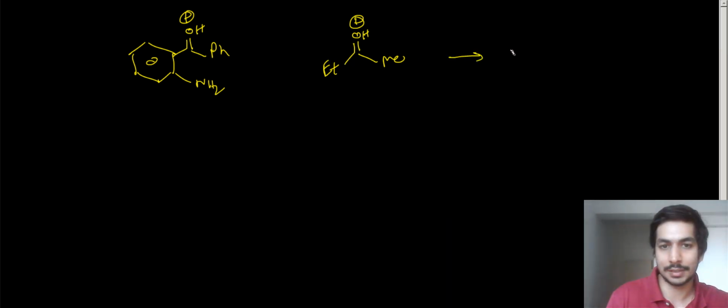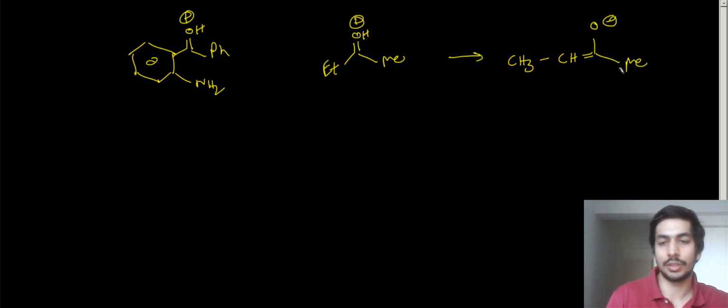Basically, first the enolate will be generated, right? So we have Et double bond O Me over here. So this OH will be protonated in acidic conditions, and similarly over here this will also be protonated. So first will be the formation of enolate, and since it is a thermodynamic product, the enolate will be formed from the ethyl side. So we have CH3, CH, double bond O minus, the enolate basically will be generated, and we'll have Me. So this enolate is going to be generated over here.